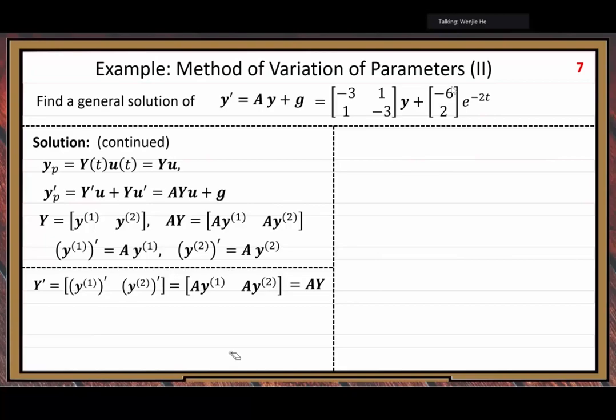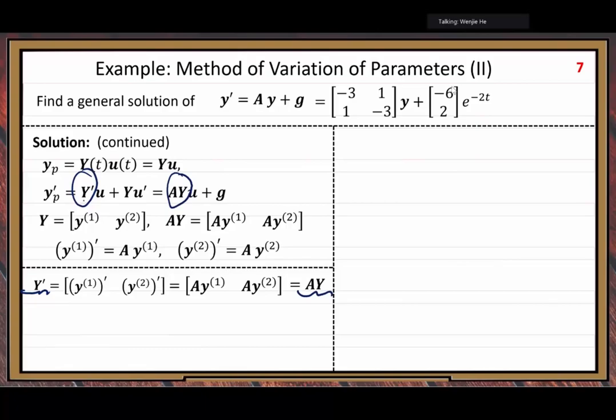You can see we rewrite things because we want to make connection. Here, at the end, we have this capital Y prime equals A times Y, capital Y. Then capital Y prime equals A times Y prime. Then the first term, both sides cancel out. So now you can see,